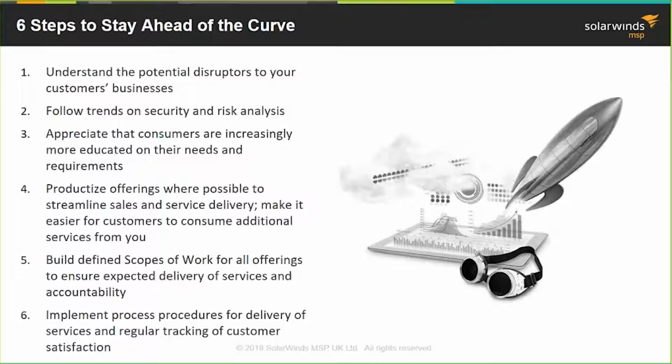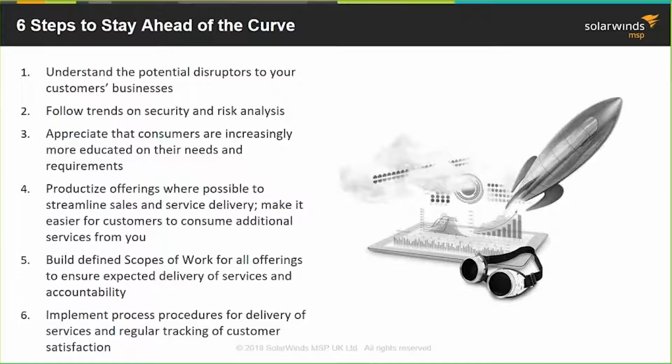So as you're going to do this and as you're going to stay ahead of the curve, you need to ensure that as you add these different types of services in, you're able to continue to productize your offerings, because they've got to be very easy to consume for your customers. They've got to understand the value in them, and they have to have business transposed on the back end so that they understand the overall value.